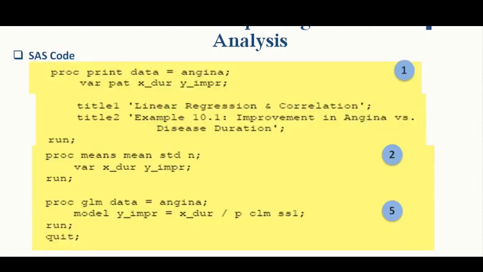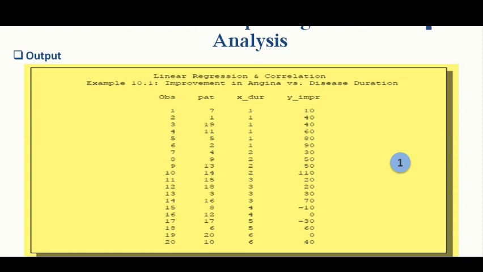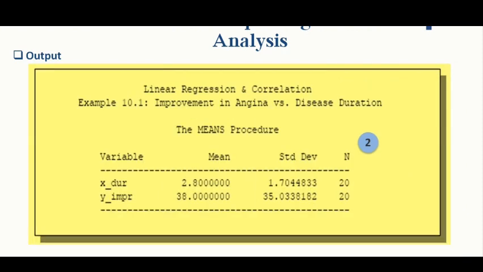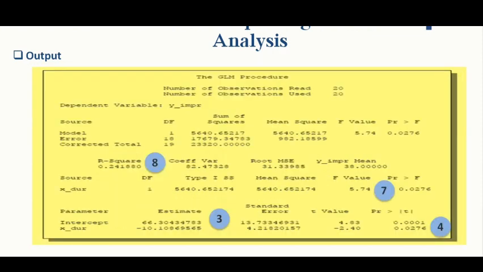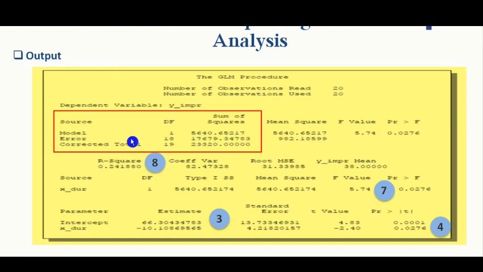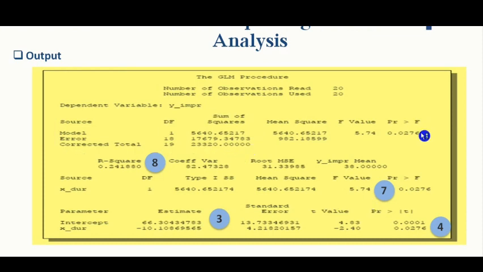This is SAS code, you can run it. You can also use proc reg or proc GLM, both give you similar output for this data at least. First, if you run the proc means procedure, you get the summary of means and standard deviations, number of variables, etc. This is the main output here. So, the model sum of squares, that is the regression sum of squares, error sum of squares and the total sum of squares. Here you observe that the model sum of squares is very small as compared to the total sum of squares, and that is shown here in the value of the coefficient of determination,